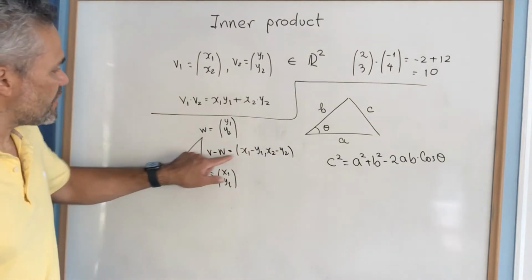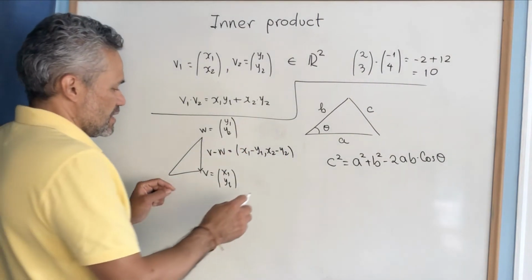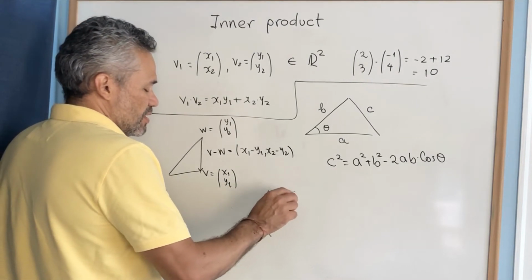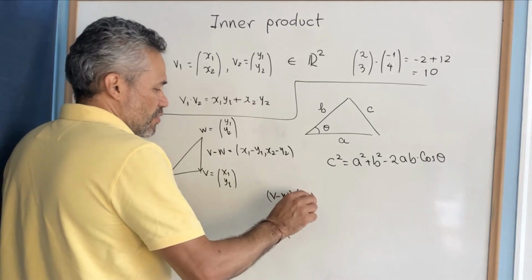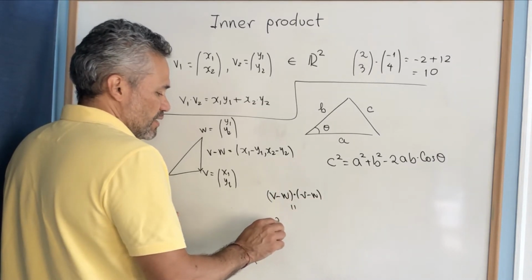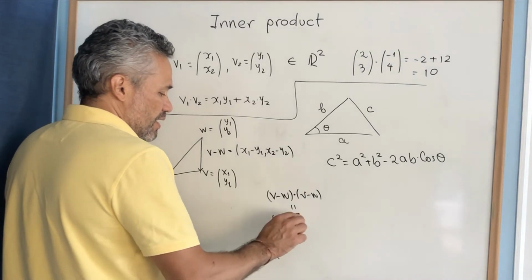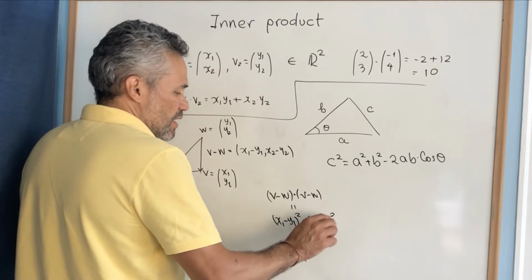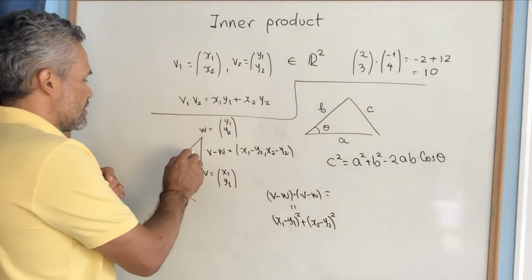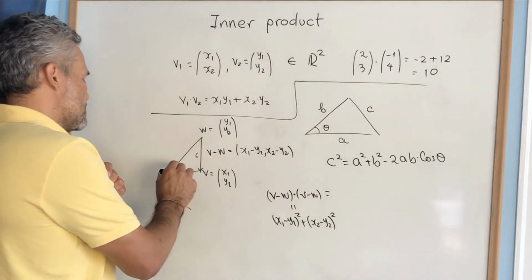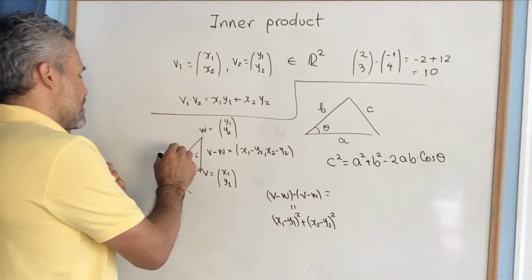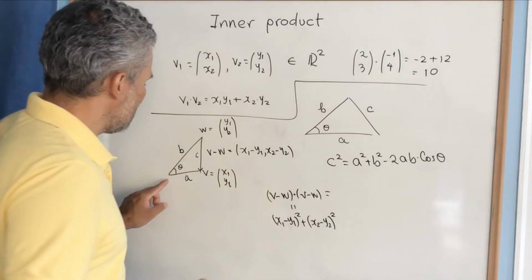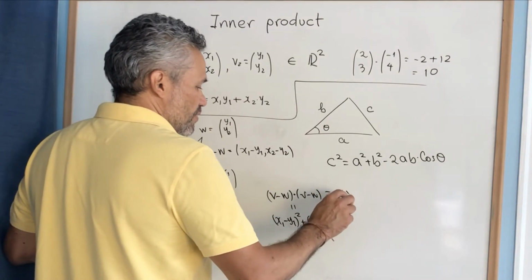Then the squared length of this vector, which is just v minus w dot product with v minus w, is x1 minus y1 squared plus x2 minus y2 squared. If we call this C, this angle theta, and these lengths A and B, then it is equal to A squared, which is the dot product of v with v,